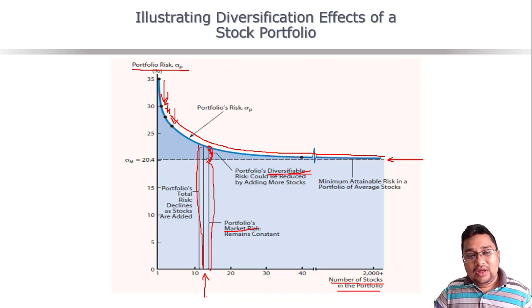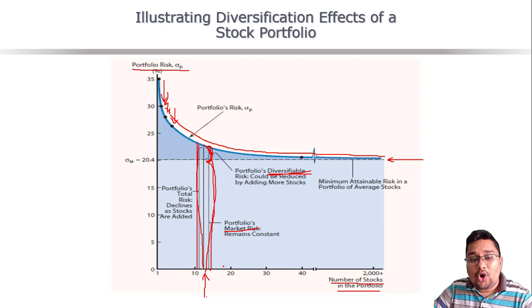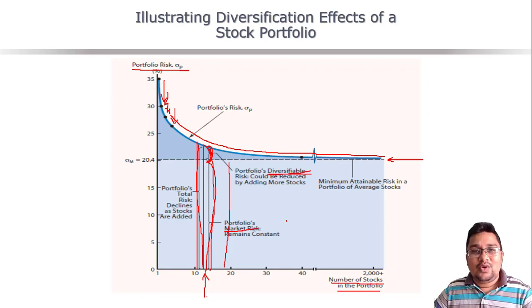Now let us think about the market. You know that investors should get a risk premium for taking additional risk. That means they should get more return for taking more risk. Now the question is, should investors get additional return or risk premium for all these risks, that means the total amount of risk, or should they get it only for the non-diversifiable or systematic or market risk? That is a very important question. We have to think about that.